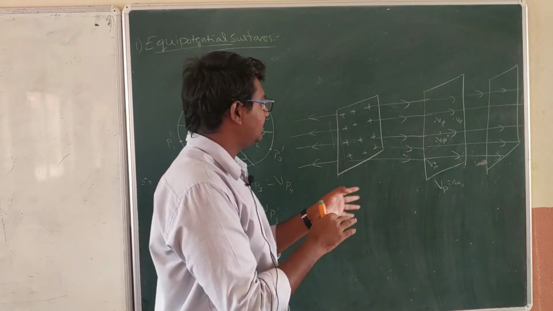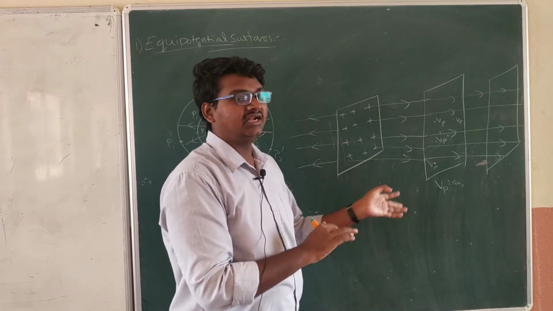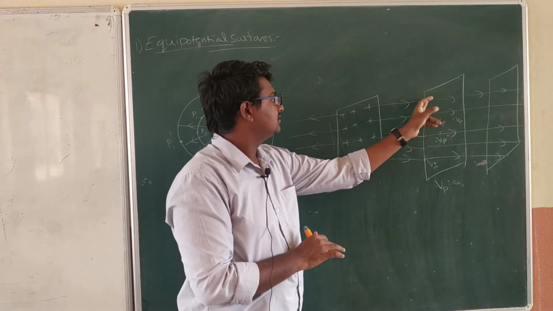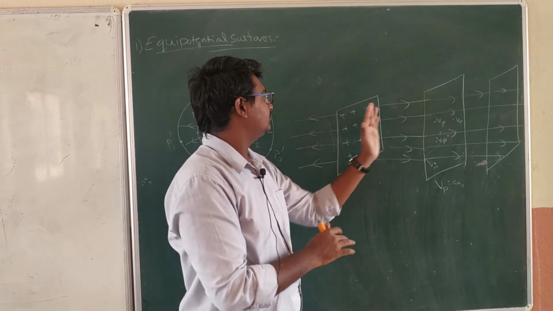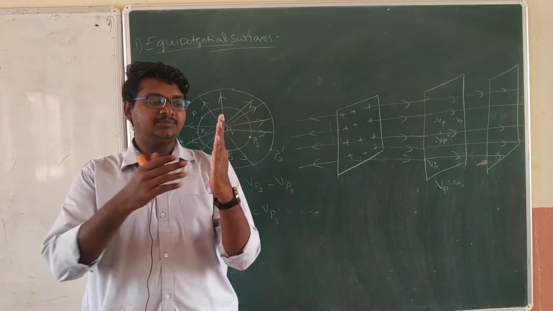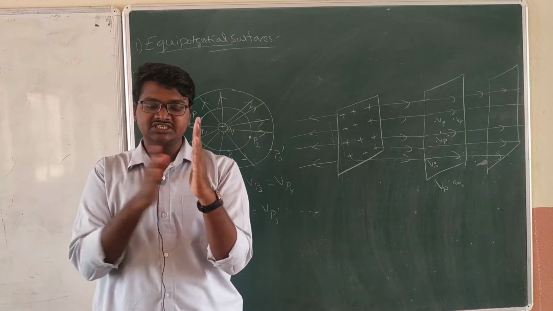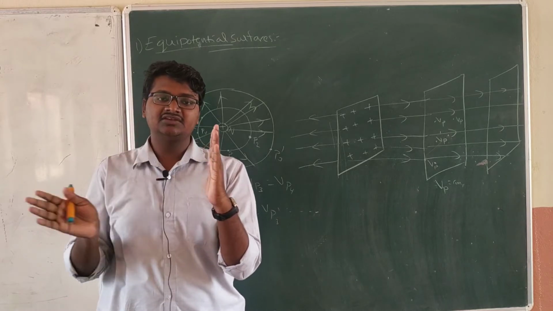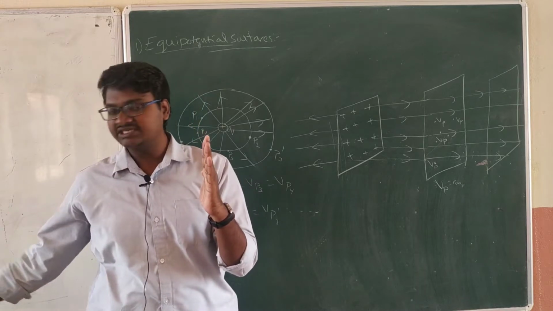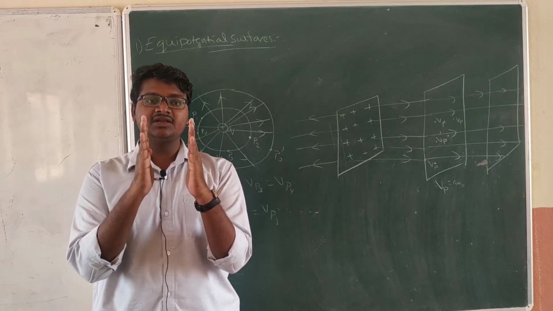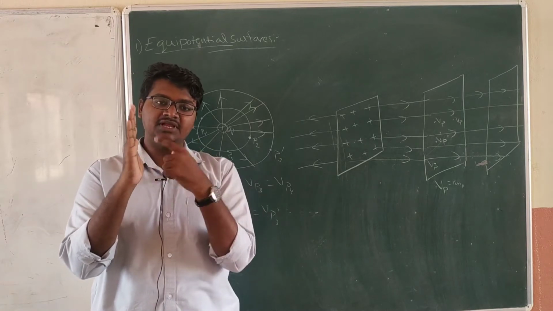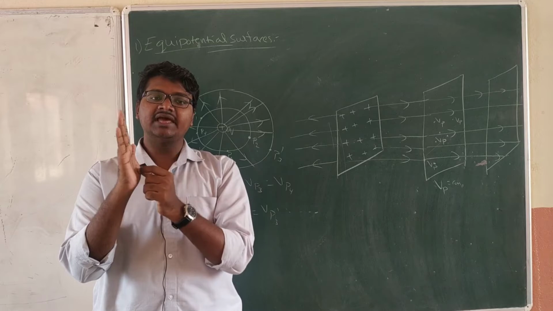If this is not parallel, if it is inclined, we cannot see equipotential points, because as the distance keeps on changing... For example, if you consider this is a plane which is having positive charge and it is exhibiting all electric field lines in this direction, straight electric field lines, and if you consider another plane exactly parallel to this one, then only we can say in this particular plane each and every point will have